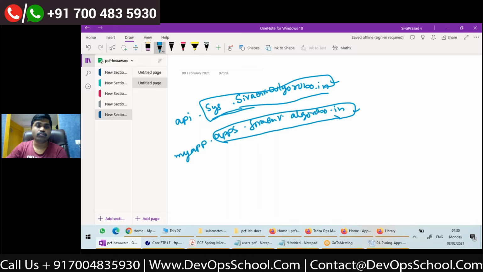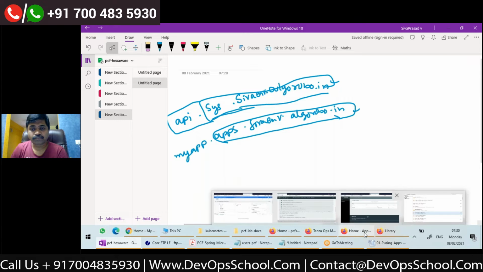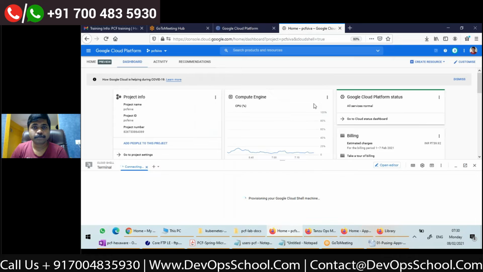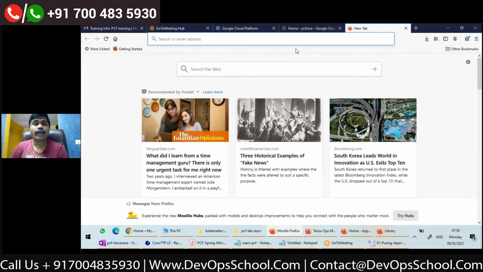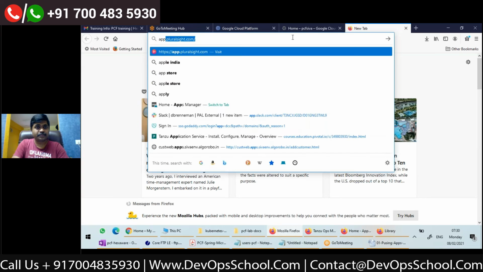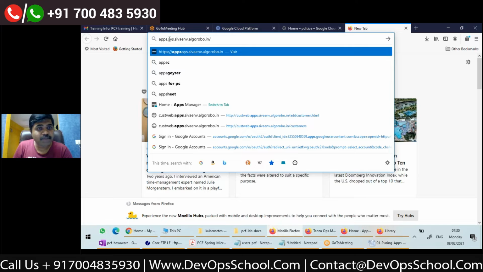Okay. Now I want to first of all log into Cloud Foundry so that I can make calls to this API. So how to log in, right? Actually, there will be one more application at apps.system URL.